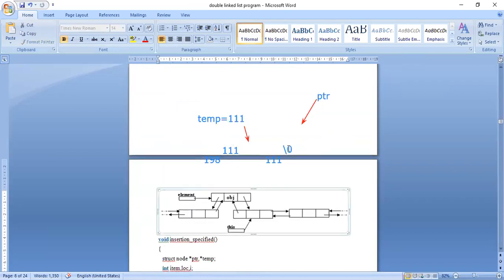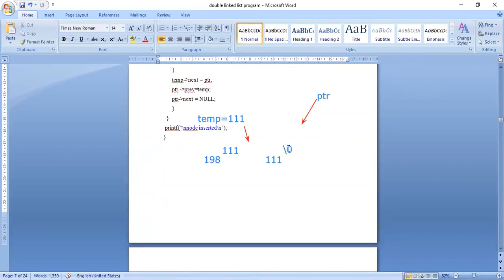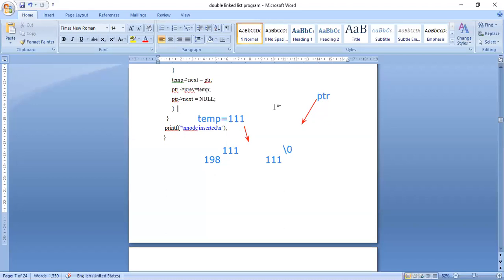So that's over. So obviously these 3 steps are the main things. You have to consider line by line and you have to trace in the diagram. Okay. Okay, 1 minute.